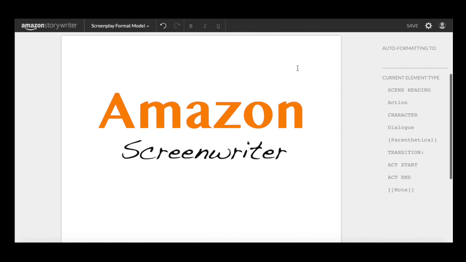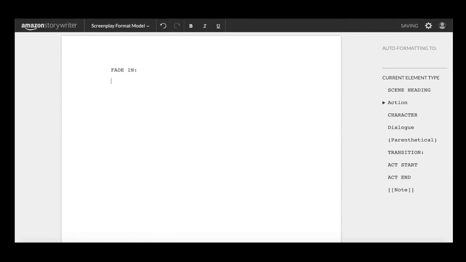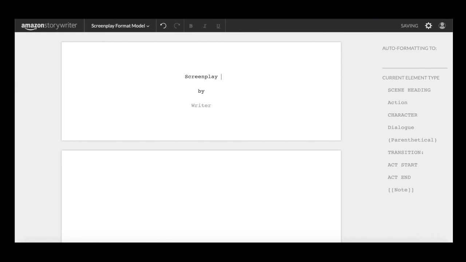Firstly, you start with a blank page. Now, most likely this is on a computer, but if you prefer things old-fashioned, paper is fine too. A helpful tool is Amazon Screenwriter, which is what we'll be using to demonstrate here. Step 1. Fade in goes in the upper right-hand corner. Step 2. Title. If you don't have one yet, you can come back to this step later, but it is centered at the top of the page.